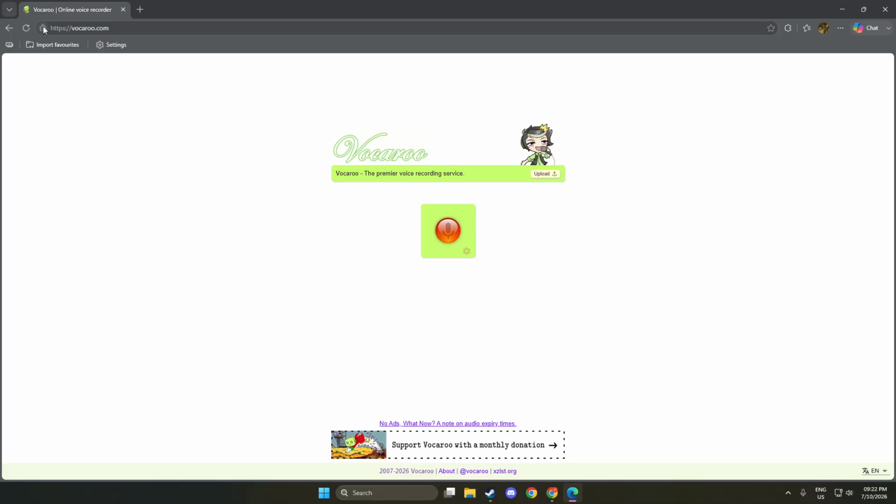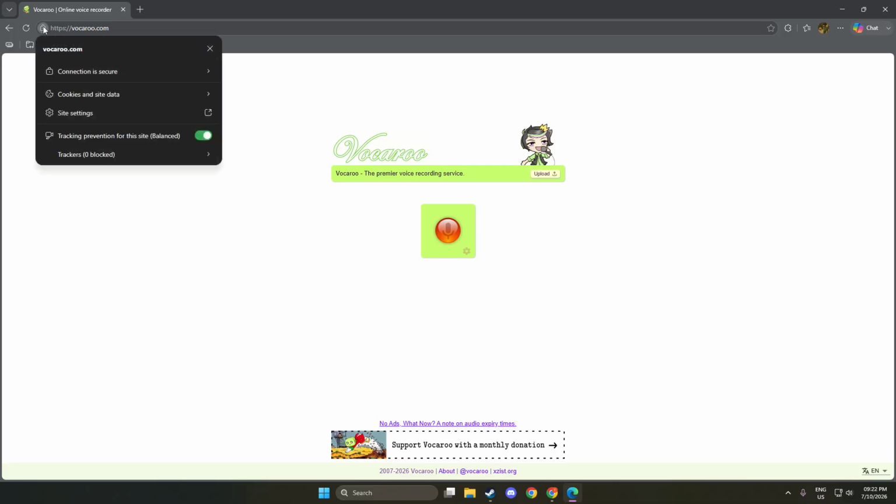Once the website is fully loaded, click the padlock or site icon on the left side of the address bar. This symbol indicates the security status of the site you are visiting. Clicking on it reveals a menu with various options related to site permissions. This step is crucial because it allows you to access the settings specifically for this website. It also reassures you about the security level of the site you're using. A clear understanding of these permissions helps you maintain control over your browsing experience.